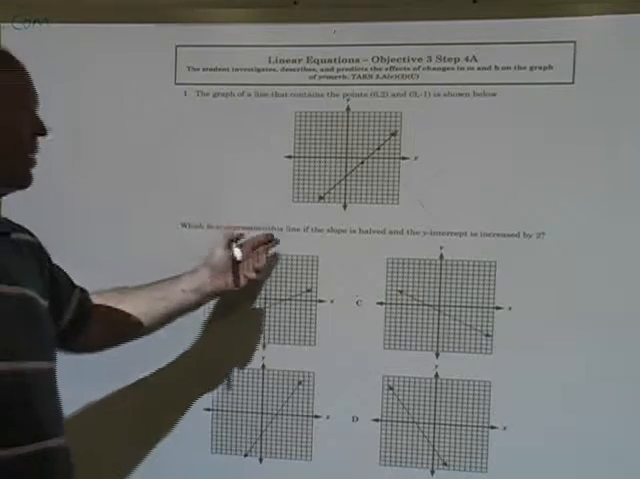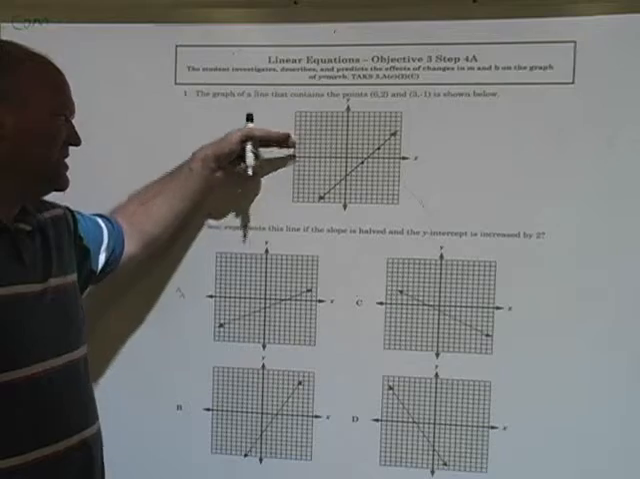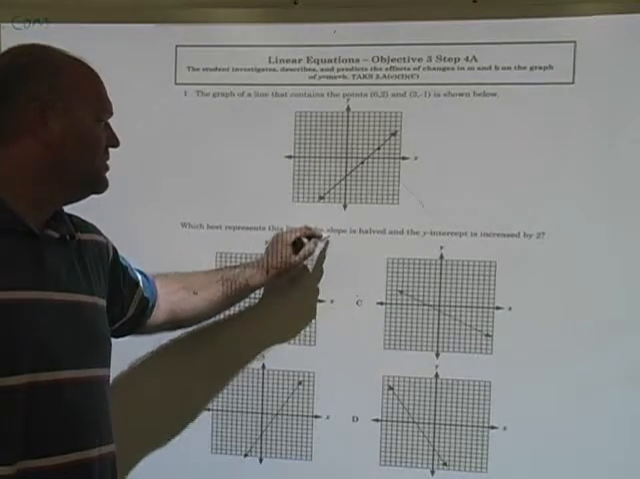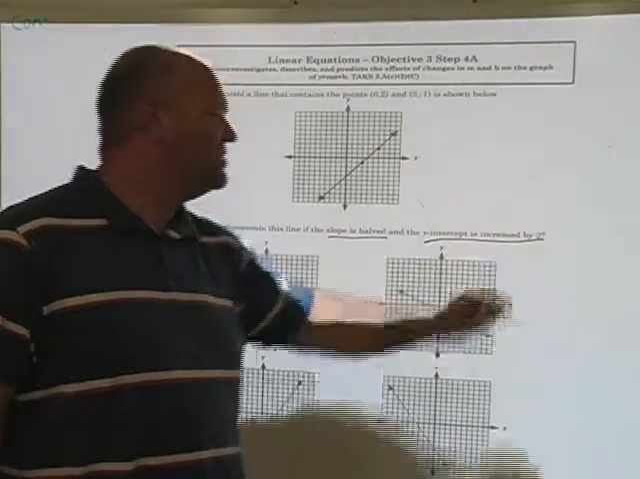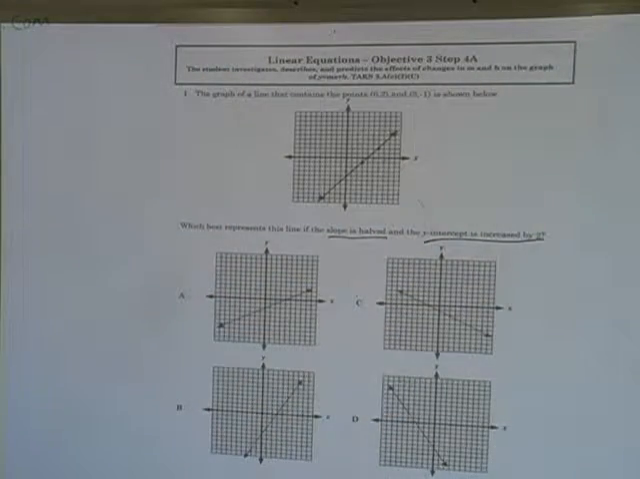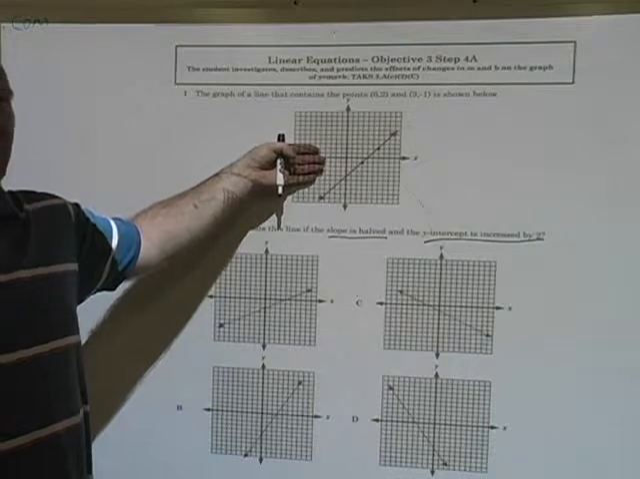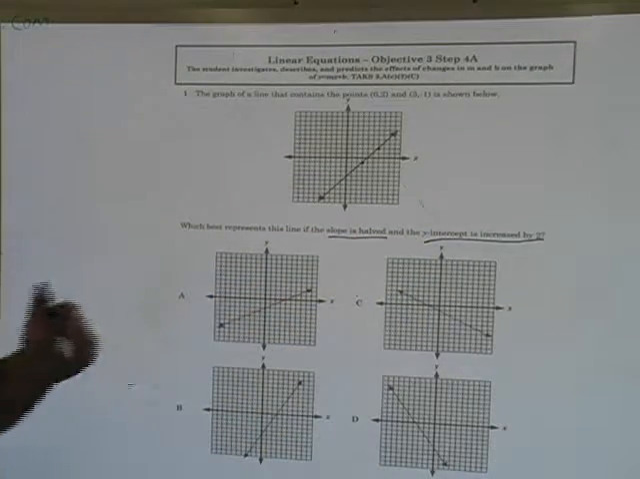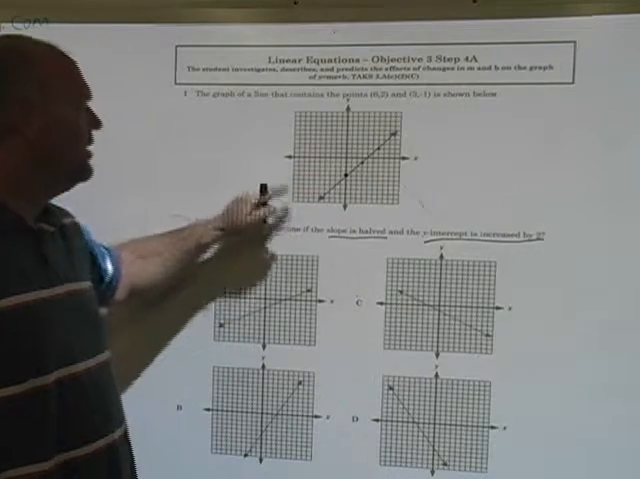Now down here they want to know if the slope of this line is halved and the y-intercept is increased by 2. Okay? So we're taking this line, we're going to cut the slope in half, and we're going to increase the y-intercept by 2. Okay? Well, look, here's the y-intercept right here at